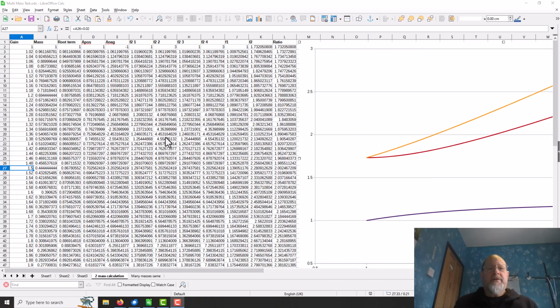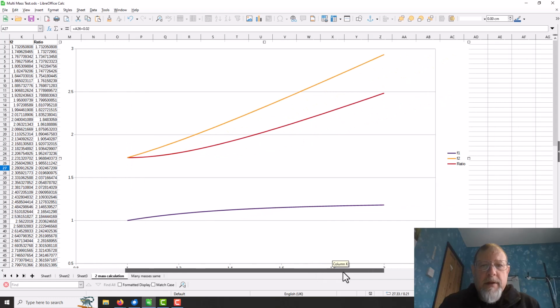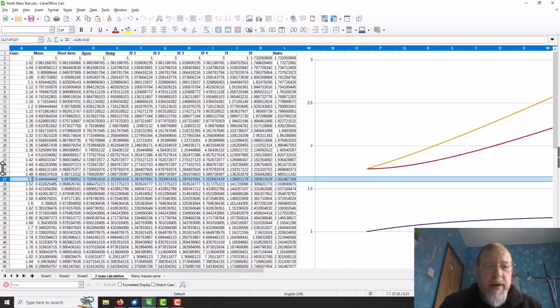Okay, so I've done some calculations in a spreadsheet solving that quadratic equation, and we have a graph here which shows F1, the lower frequency, which you can see comes up and actually starts to level off. F2, the upper frequency, that's with the bigger mass, which goes up roughly at an angle, and that's the ratio. And if we look here at the ratio, interestingly, if we highlight the 1.5 and look, the ratio is actually